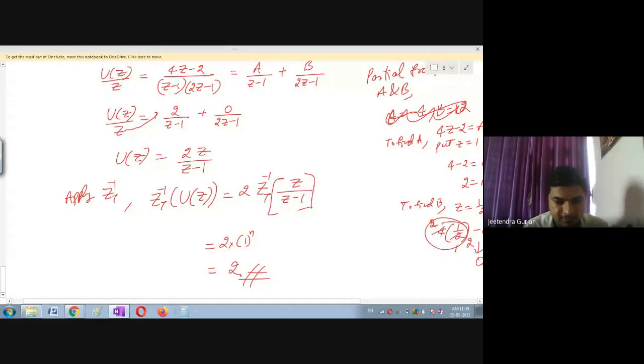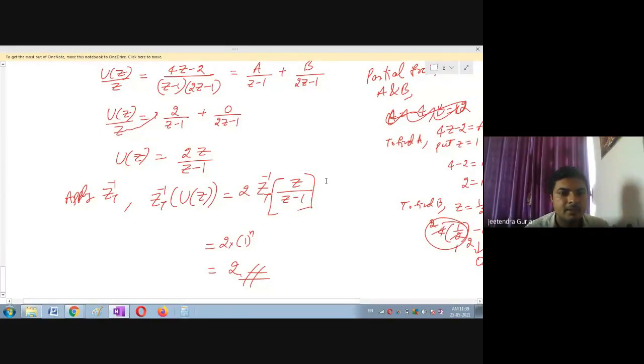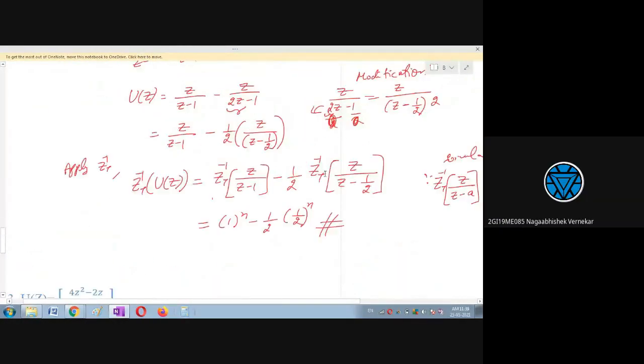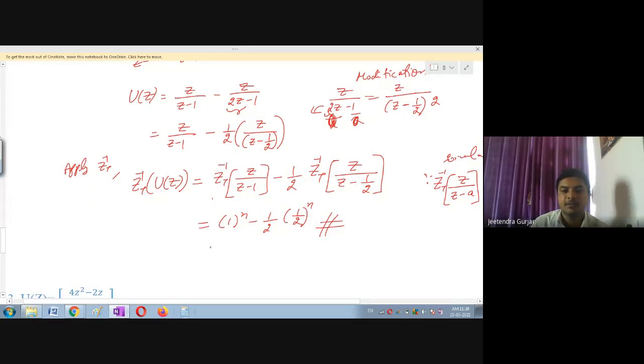Any doubt, please ask me. Could you please show how we can solve the previous example easily? Okay, here we have, in the previous example, this is again z divided by z minus 1. So 1 raised to n means 1 only. You can write 1. You can simplify this example also. This is 1 minus 1 upon 2, so I can write like this: 1 upon 2 to the n plus 1. One term will be there. This is also right.